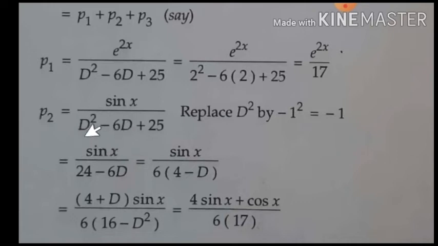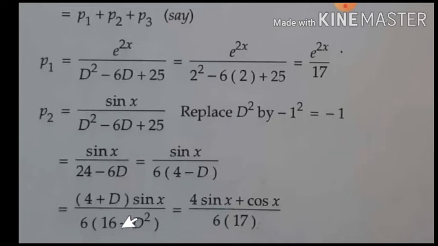So when I replace d with minus 1, plus 25 minus 1 becomes plus 24 minus 6d. Taking 6 common. And again, to eliminate d directly is not possible, so we need to get a d square term. To get a d square term in the denominator, we multiply and divide by its conjugate. So when I multiply 4 plus d in the numerator, the denominator is 4 plus d, 4 minus d into 4